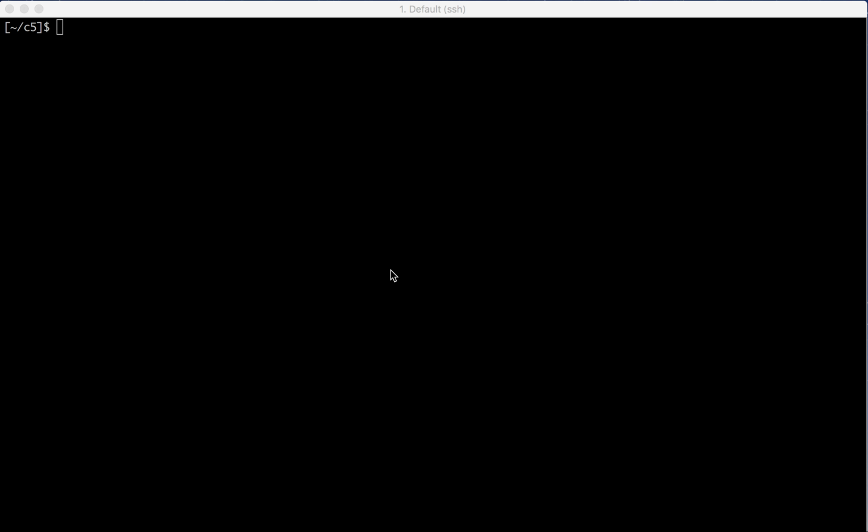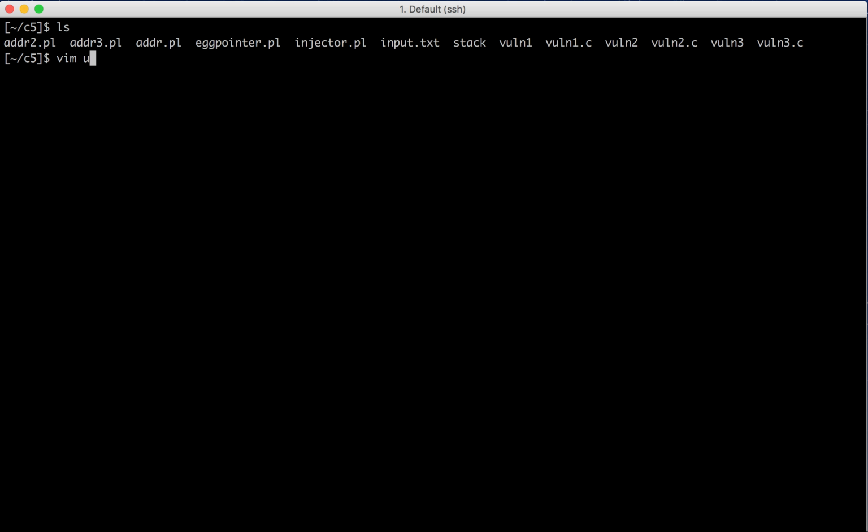Hello everyone. Today we'll be demonstrating a simple global offset table hijack and utilizing a buffer overflow problem to execute our own shell code. So for that we have a very simple program